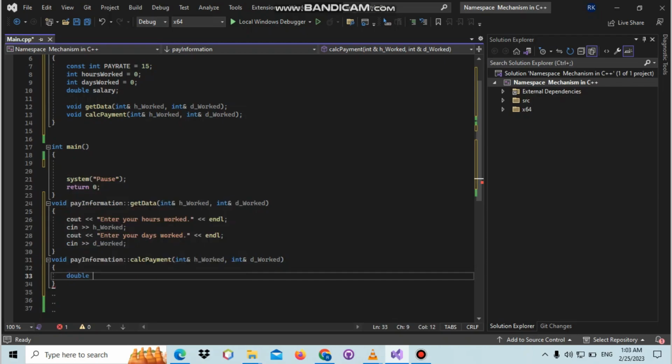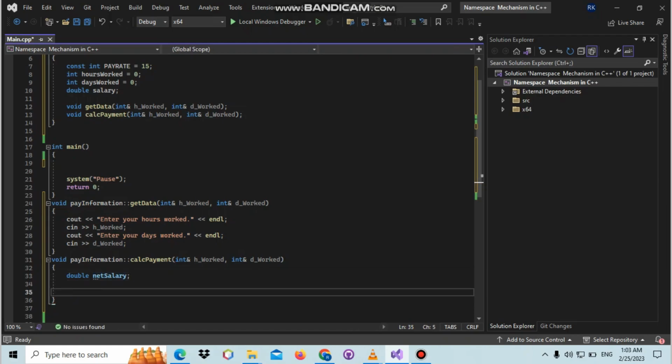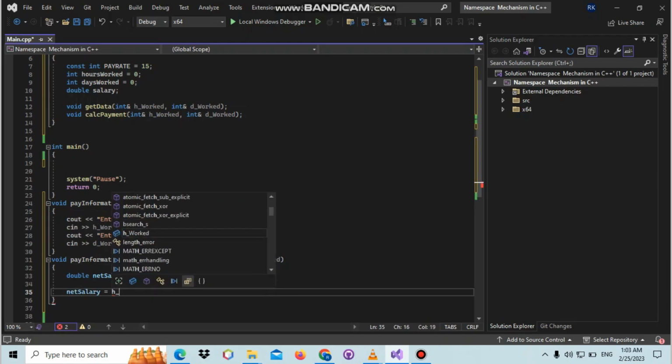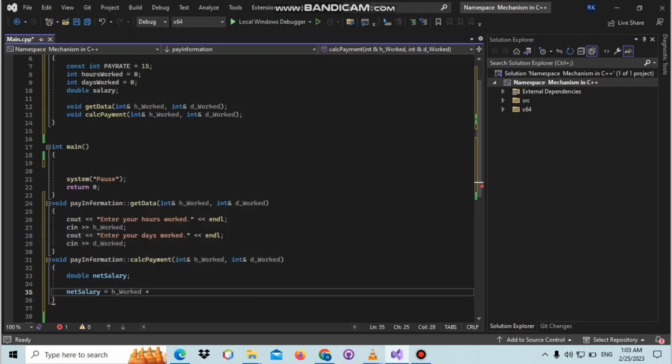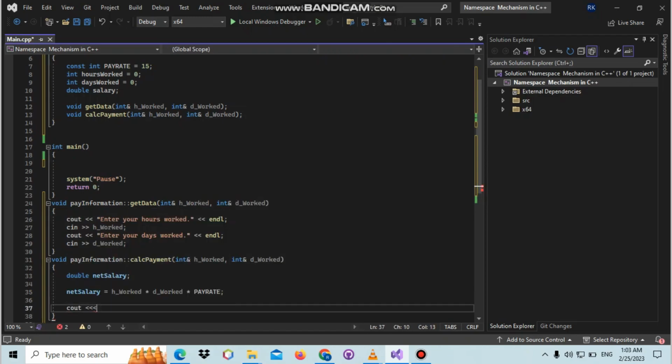So in this function, I'm going to declare now a variable of type double again, but I'm going to give it now, let's say, net salary, which is like the identifier's name. I'm going to say net salary again, and I'm going to say equal to hours worked times days worked, because we have to calculate how many hours and how many days you work to calculate how much you have to get as salary. Then you have to use also a pay rate, which is like the equivalent for all employees. So cout again. I'm gonna say now the net salary